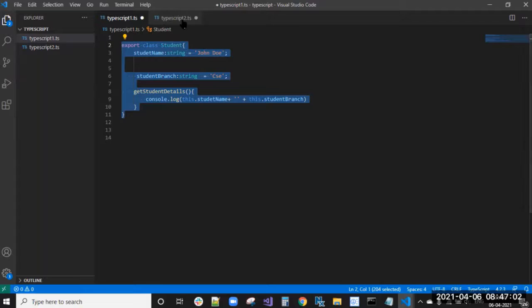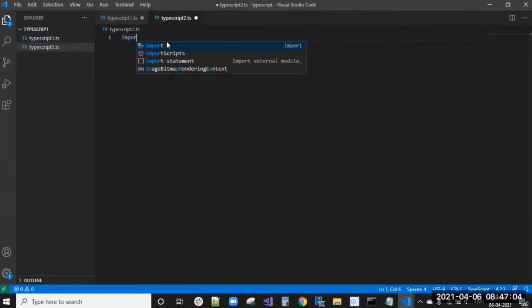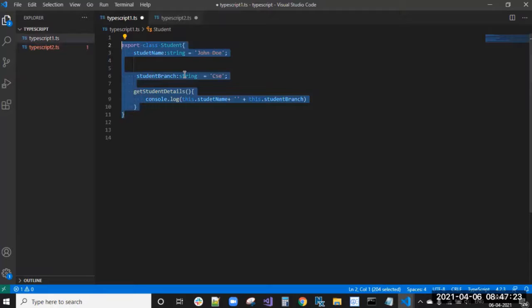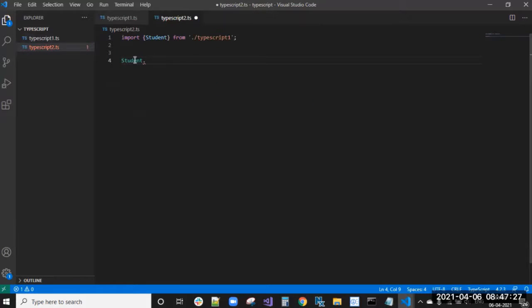Now the student is a module. Now I can import that. Student from TypeScript 1.ts. Now you can see here student, that I can get. Student name.